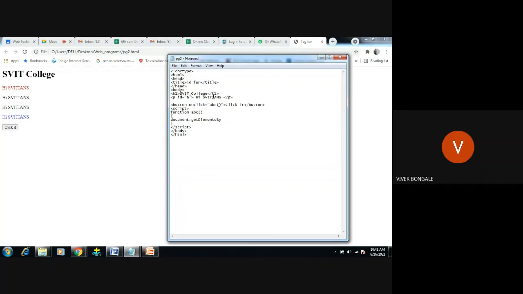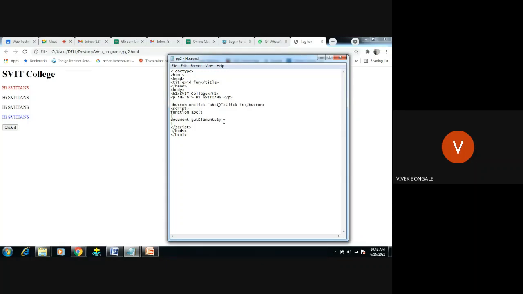So I am passing this HTML element, this HiSVTians, to the JavaScript. But when I click on this button, this HiSVTians will not display. It will display some other statement. Means we are changing the statement of the HTML by using the JavaScript now, right?